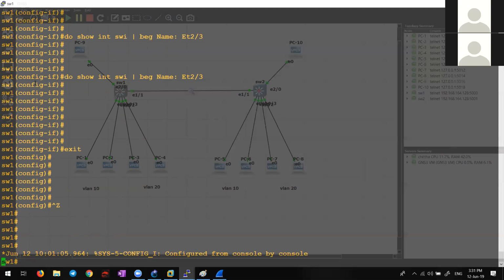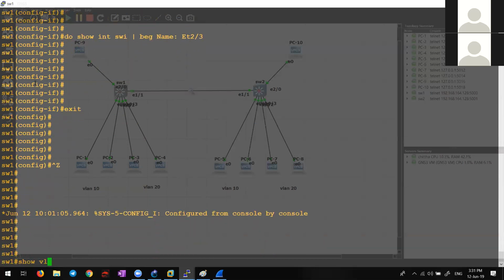When? How? Show VLAN. There is something called an internal VLAN. Have you heard about internal VLAN? That is when we are making some L2 interface into an L3 interface, a VLAN is created which is virtually merged into that interface.